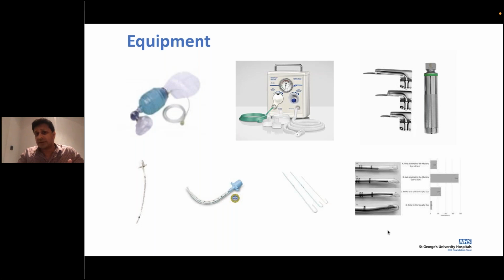Laryngoscope blades come in different sizes. They go from 00, 0, and 1. For the extreme premature baby, you may need to think about 00, and check your batteries beforehand. Quite often it's patient specific. More recently they're all disposable blades, so you don't tend to use the same laryngoscope. Even if you do, it's very likely to be kept for the same patient. It would almost certainly never be used for another patient just by cleaning and moving on.